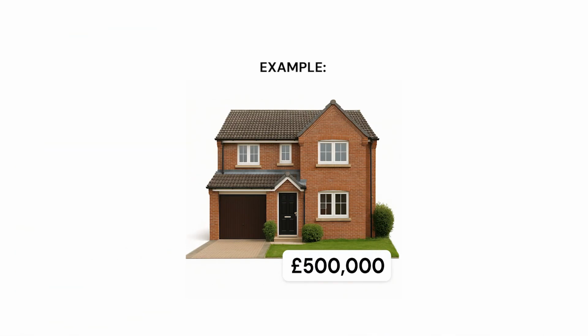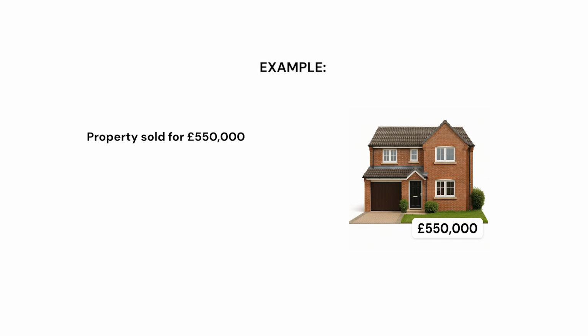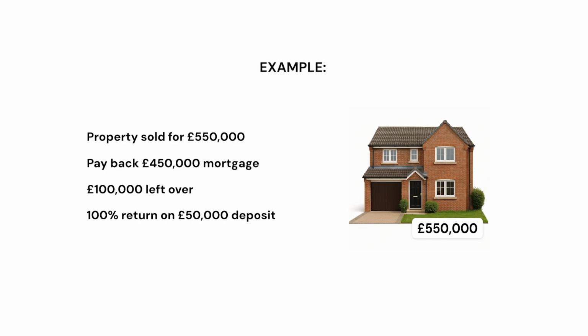borrowed £450,000 to buy a property from the bank, imagine now that this property increases in value by 10% to £550,000. This means that you will have actually doubled your £50,000, because if you were to sell the property for £550,000 and pay the bank back their £450,000 mortgage, you would have £100,000 left over. In this example, you have made 100% on your money because you've turned your £50,000 deposit into £100,000. Crucially, you've made this fantastic return even though the property itself has only increased in value by 10%, from £500,000